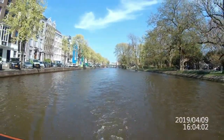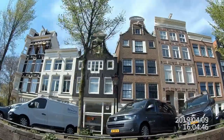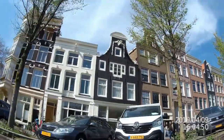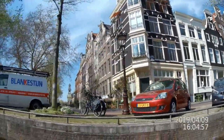Secret World War II hideouts. During the war, some brave residents used ingenious hidden compartments in their canal houses to shelter Jewish families from Nazi persecution. Fun and quirky. Thin Bridge, big name. The Magere Brug, Skinny Bridge, is Amsterdam's most famous, defying gravity with its narrow design and charming legend about a wealthy